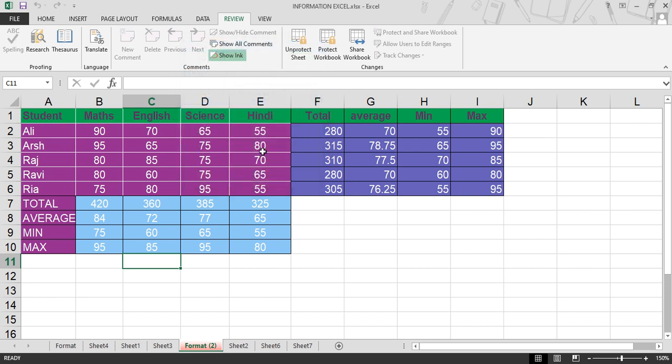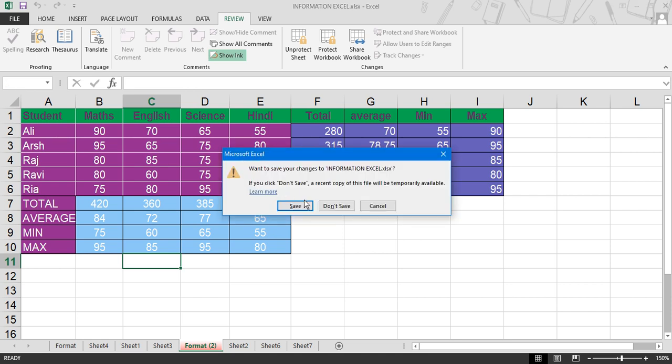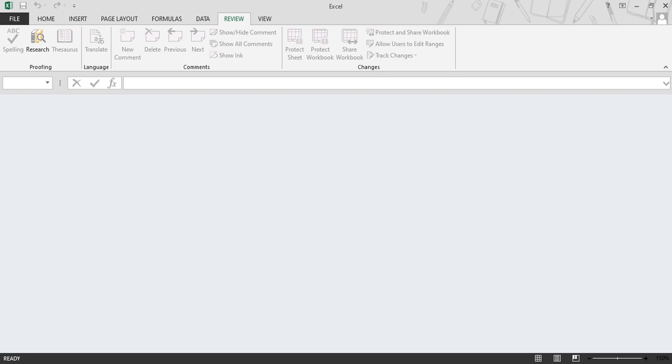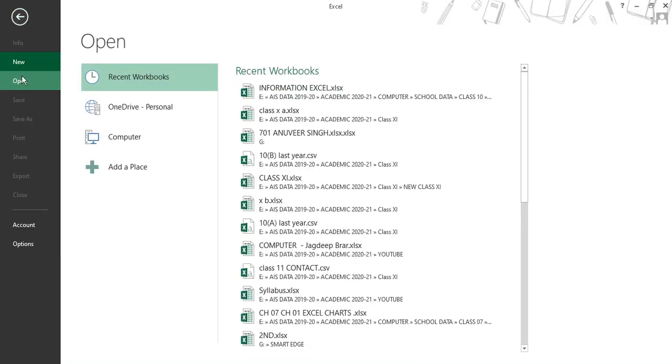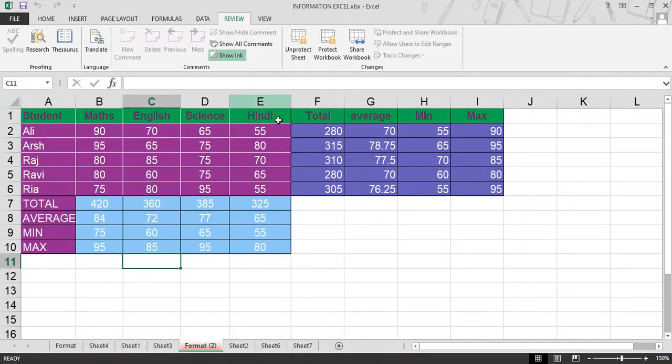So now this sheet is protected. If you want to open this sheet again, then you have to enter the password. Just close this sheet, save the changes, click on file button, select the recently opened file. So when you open it,